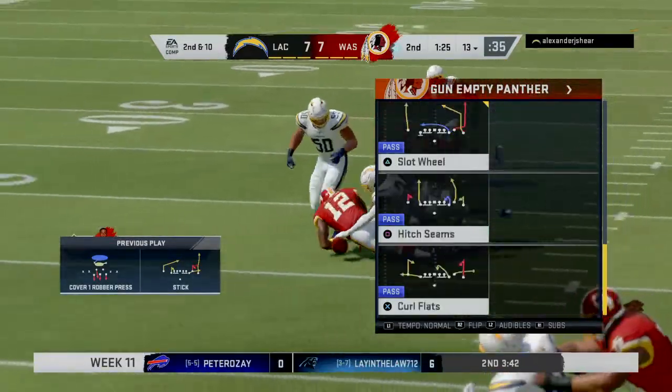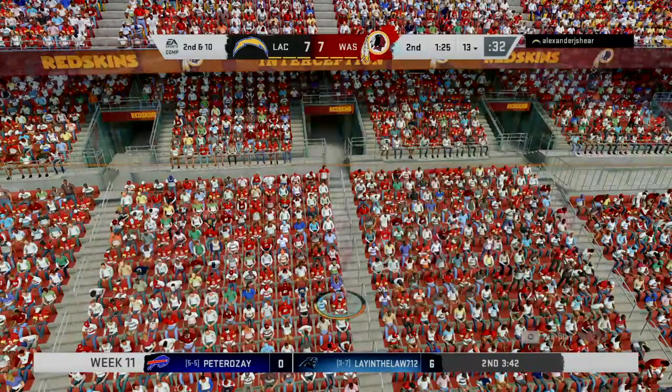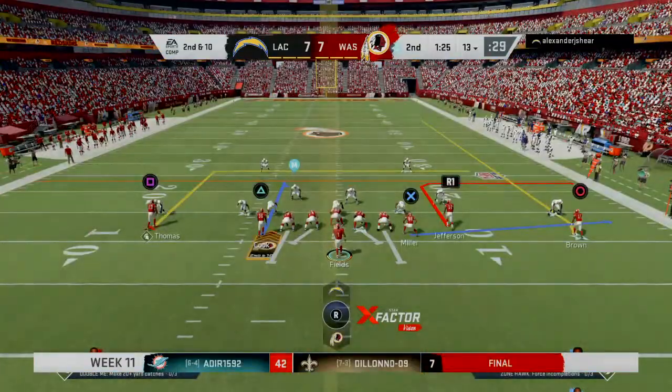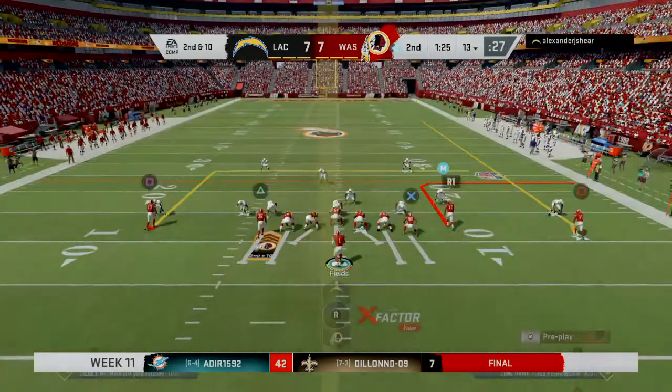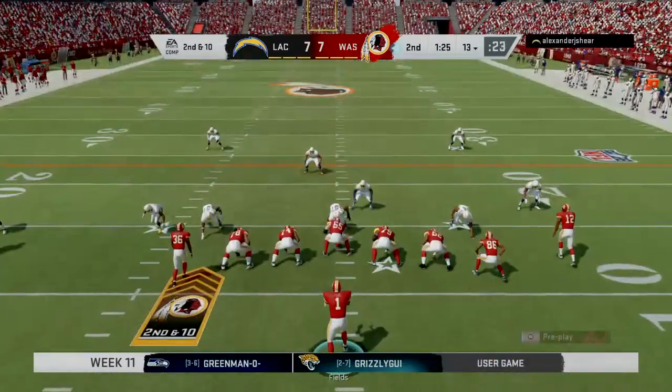Now the first play of the drive there is incomplete. The beauty of being able to play a zone defense when you can sit back and see the ball coming out of the quarterback's hands, guess what? Creates a lot of confusion. Have a muddle in the middle of the field where you go